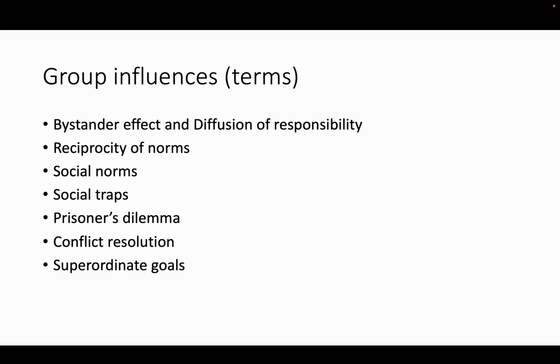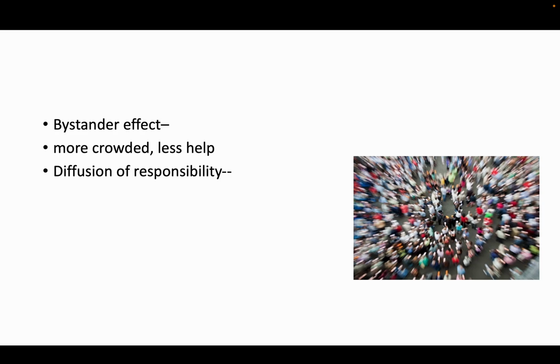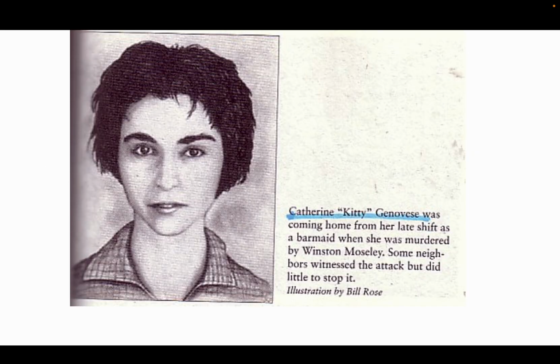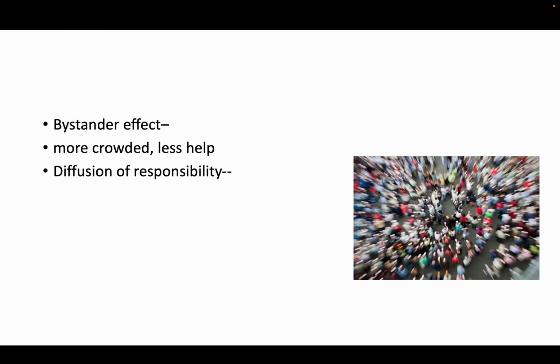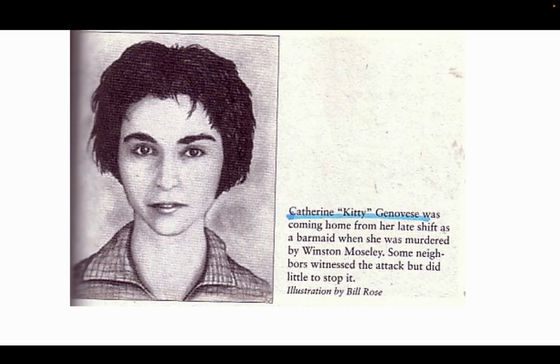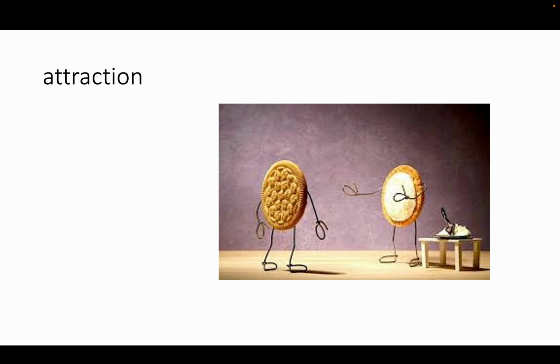Right, and okay, then another thing here, the bystander effect is based on a true story. This woman was murdered in New York City and no one helped her. Afterwards, they went to the bystander effect, and that is the thing where if more people are around, people won't help. They're less likely to help. That's the bystander effect, based on the concept of diffusion of responsibility. They all thought someone else would help. That's a big one to know for sure.